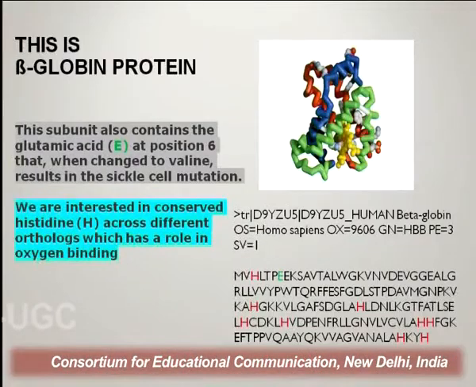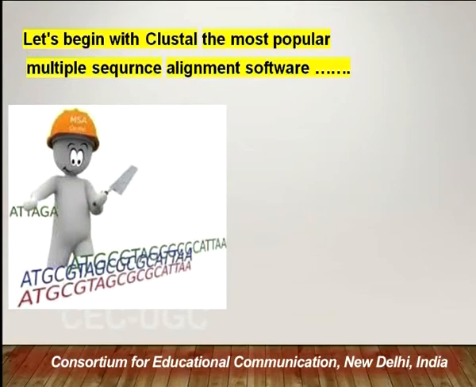So again the sequence, and I have highlighted the H in here, that this is the histidine which we are talking about. So let's start with Clustal, and we are doing it with 2 aims. One is that we want to understand, first of all we'll look into a bit about the theory how Clustal is performing this alignment, and then we would try to see what is the difference it makes when we use closely related species and when we use distantly related species.